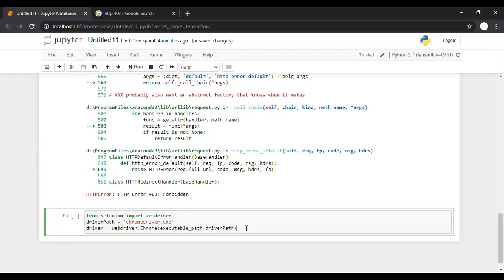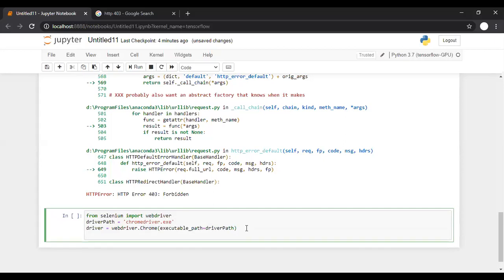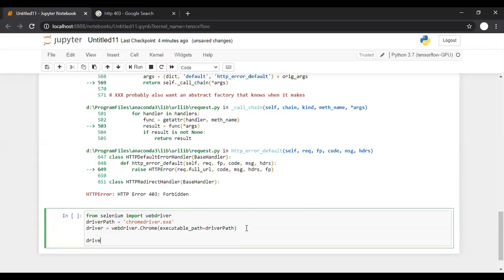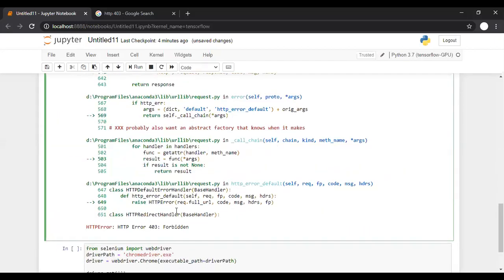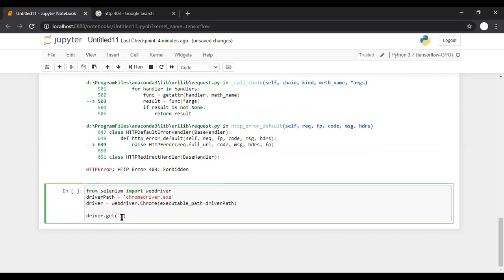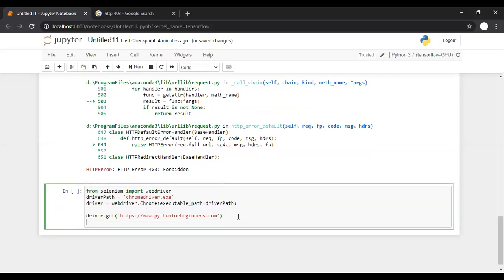And once it is given, we can simply use the get method, driver dot get, and to this method we can pass the URL that we want to open. So this is the URL, and let us run this thing.